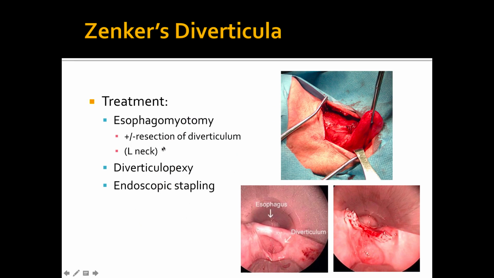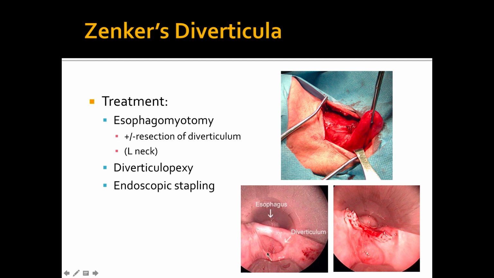All right, the treatment. This is a benign process. So the key to treatment is an esophagomyotomy. That means we have to split the cricopharyngeus muscle. You can resect the diverticulum, or you can do a diverticulopexy, which is basically suspending the diverticulum upwards, so there's dependent drainage. There have been studies of endoscopic stapling, where without any neck incision you could do